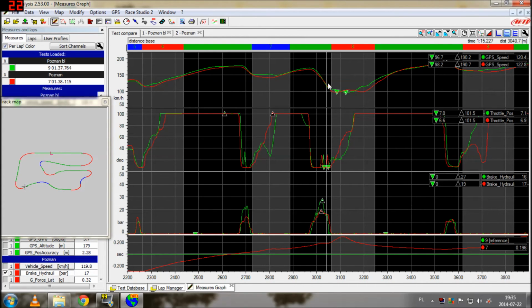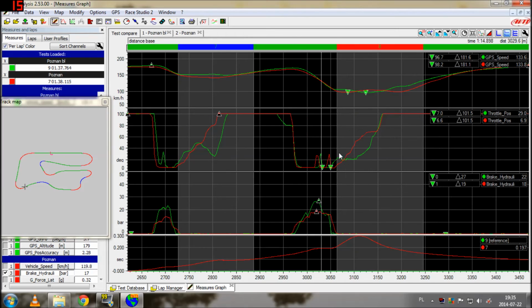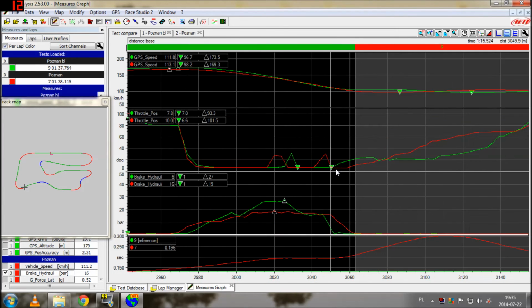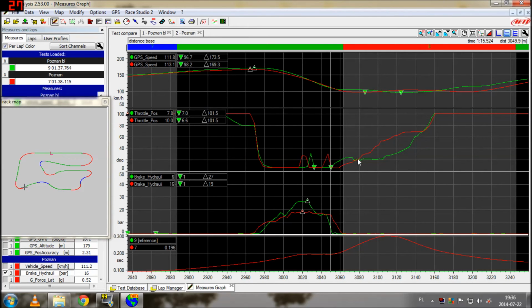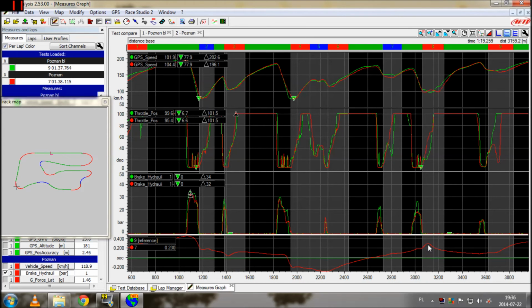You can see that those two lines here are not the same, or they are not similar, because you can see here there's a triangle here. He starts applying the throttle faster on the green lap, but then there's a very long flat area, whereas on the red one the throttle application is much better, and they meet approximately at the same place. So what happens? Exiting the chicane, he loses time again, 0.3 of a second,